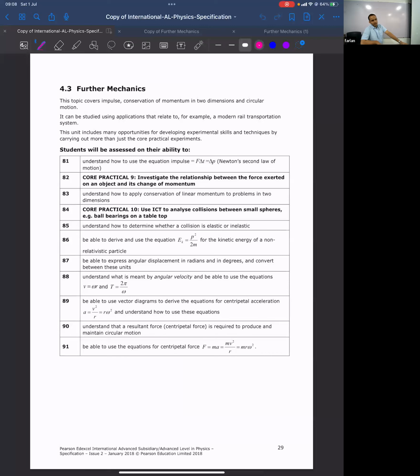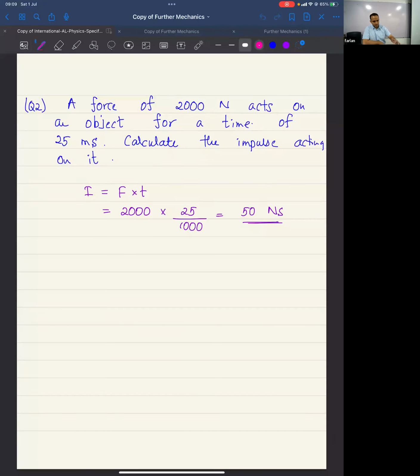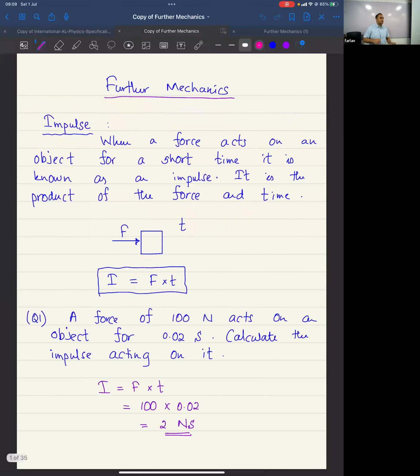The other thing is, for each topic you will be getting a tube. That tube has no textbook questions, only past paper questions. There will be a barcode at the bottom of each page. If you scan that barcode, you will see from which paper the question comes, what the question number is, and which past paper it belongs to. Okay, guys, write down the subtopic: Impulse.